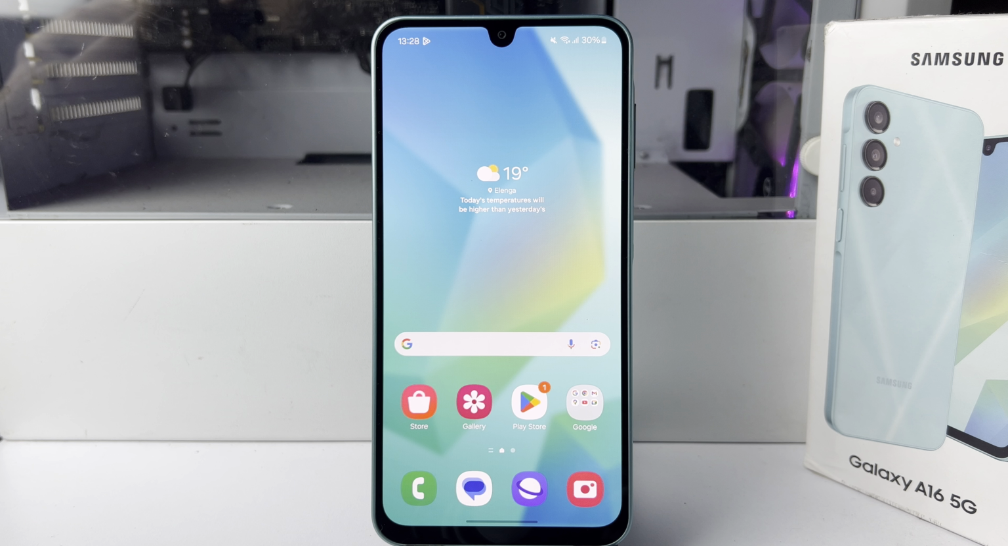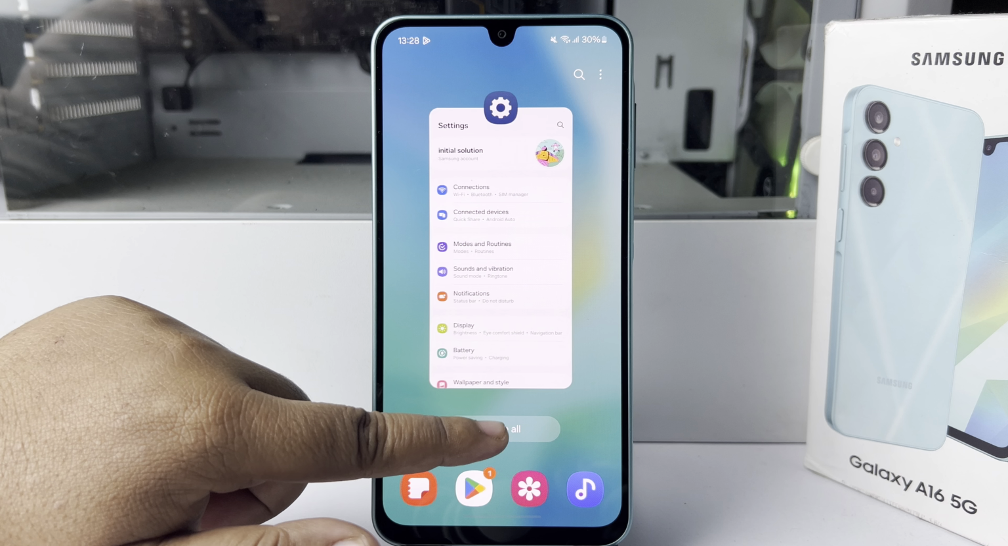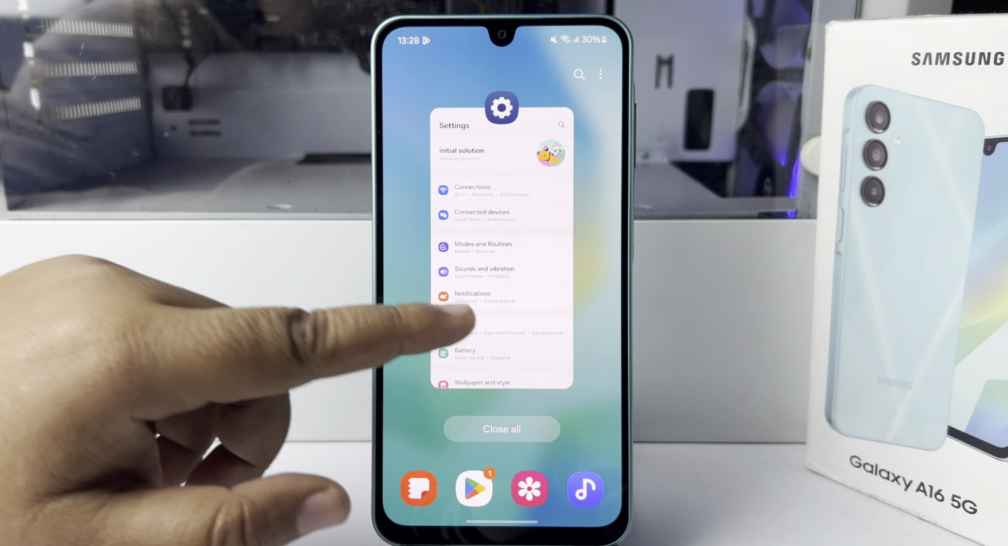And to see all of your recent apps, swipe and hold down your finger, and here you'll find all of